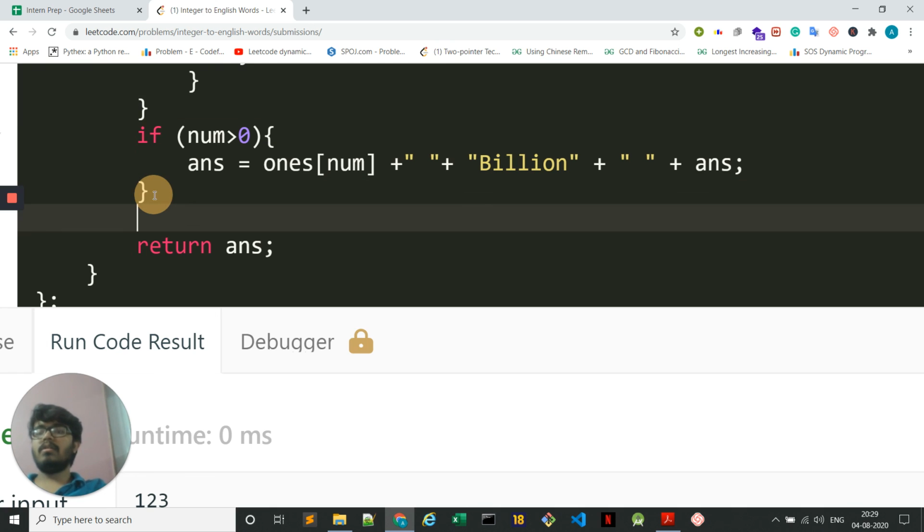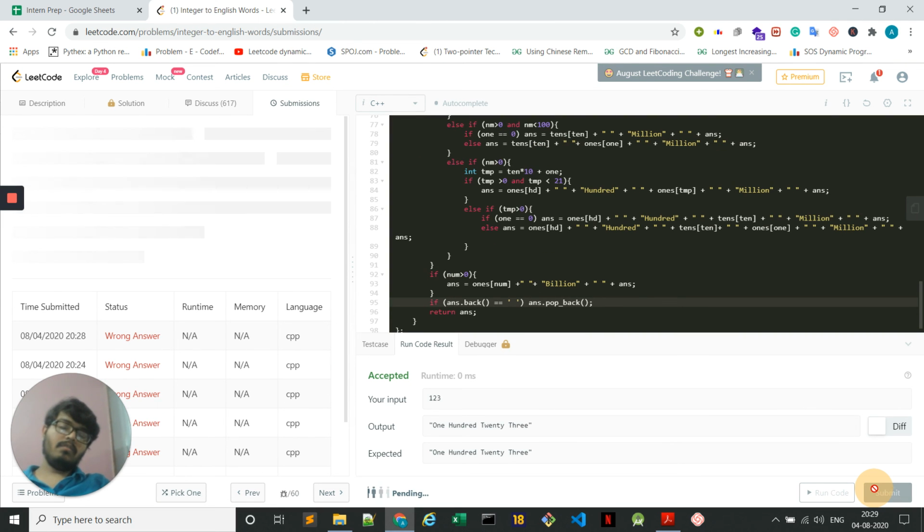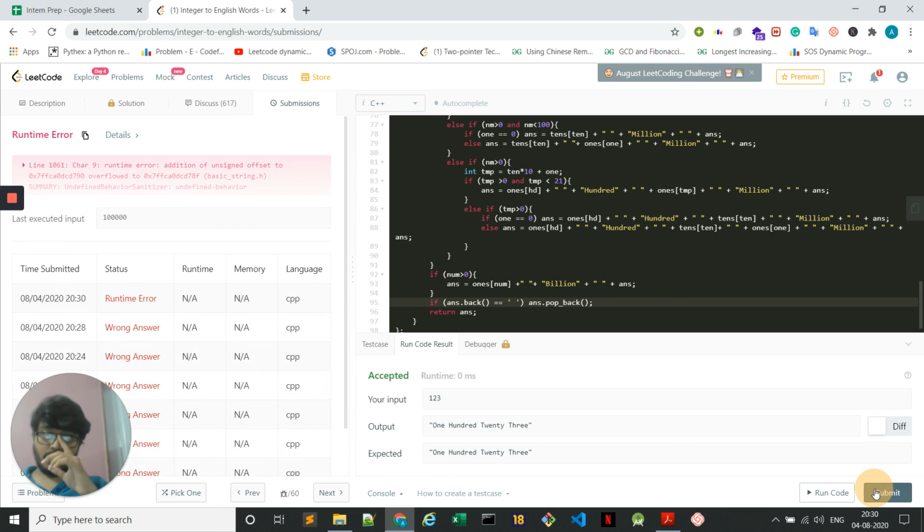But it is only possible once, not more than once. So if answer dot back, why? Because it might be possible we have an empty string and that's why we are okay. So I think